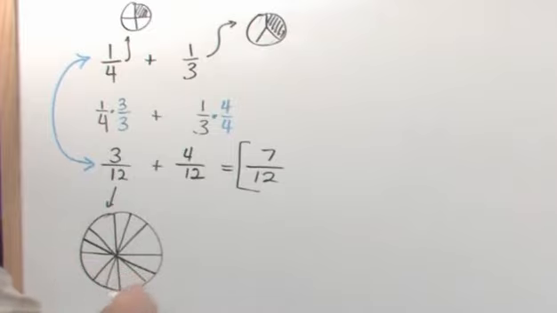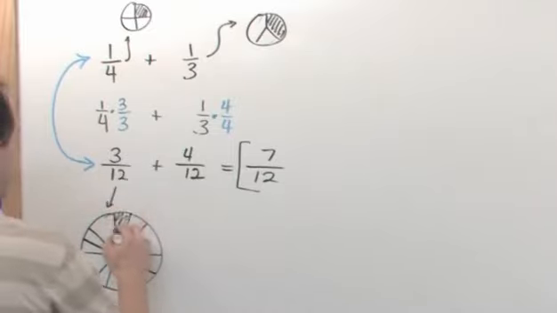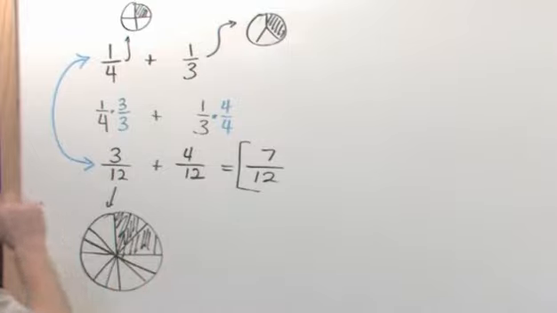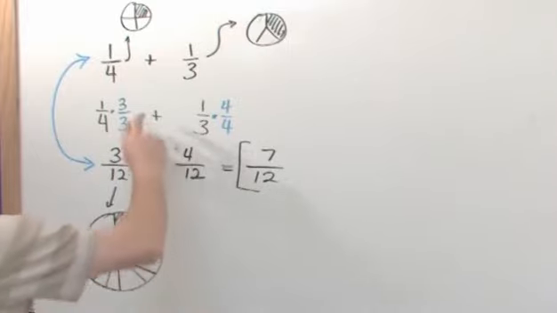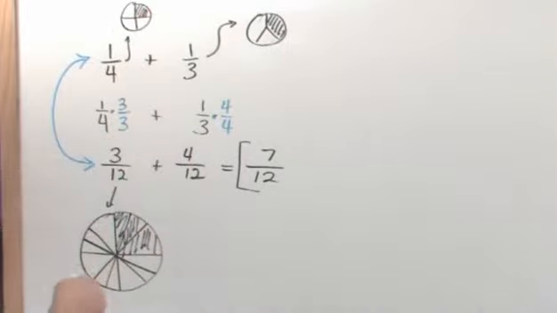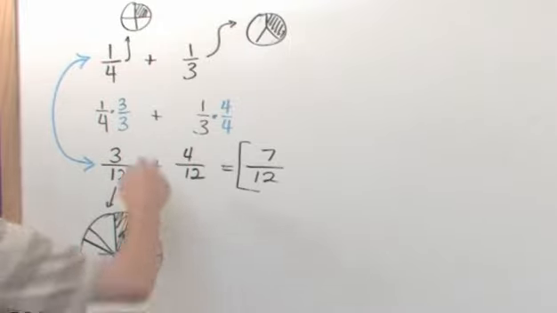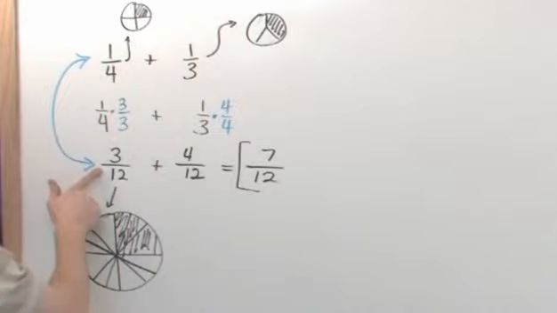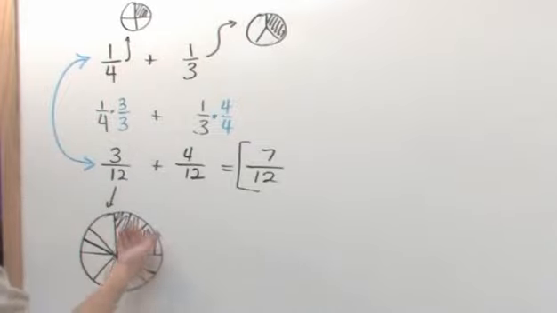Okay, so now I have my 12 equal pieces, and how many pieces do I have? I have 3 pieces. So here's 1 piece, 2 piece, 3 piece. 3 out of 12 pieces. Now notice that this 3 out of 12 looks an awful lot like 1 out of 4. And in fact, it's exactly the same thing. This 3 out of 12 is exactly the same amount of pie or water or whatever it is you're talking about as 1/4. 1/4 and 3/12 look different, but they're exactly the same because I've shown you they're the same